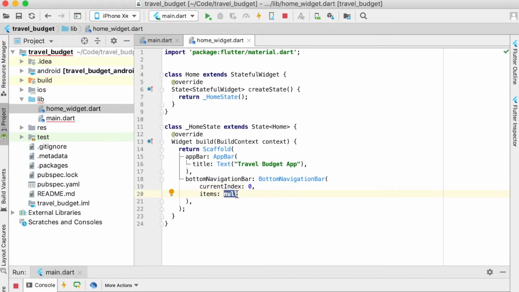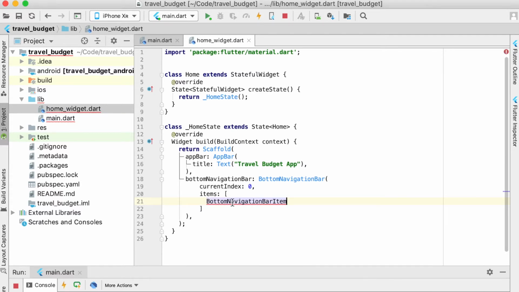For items, this is going to be an array, so go ahead and create the array, and it's going to be an array of bottom navigation bar items. So these are actually going to be the icon with the word below it that we can click on, these navigation bar items. So the first one, if you remember, we're going to actually have 3 of these in our